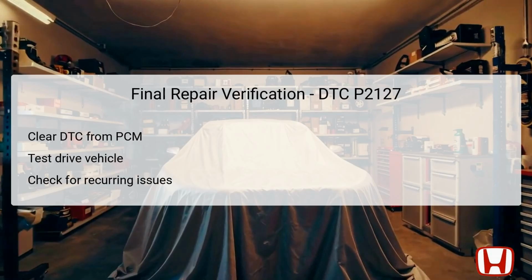After completing all repairs and resolving issues related to DTC P2127, performing a final repair verification is imperative. This process begins by clearing the DTC from the powertrain control module, PCM, to reset any monitoring systems. Following this, a test drive is essential to ensure that the vehicle operates correctly and that the throttle response is